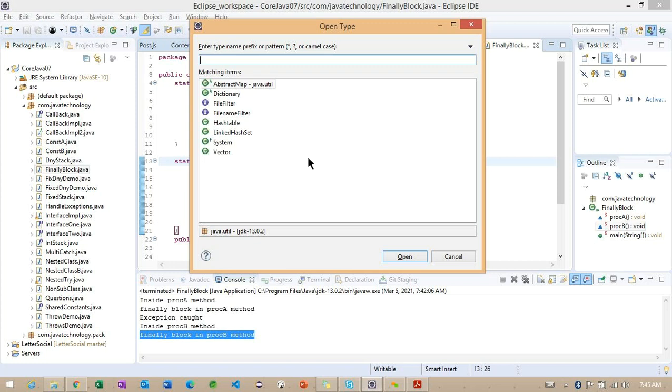So we identified that whenever we are trying to divide something by zero, we are going to get an exception, that is, arithmetic exception. And the illegal argument exception: whenever we are trying to work with different types of arguments, we are going to get the illegal argument exception. So this is one kind of exception we identified.